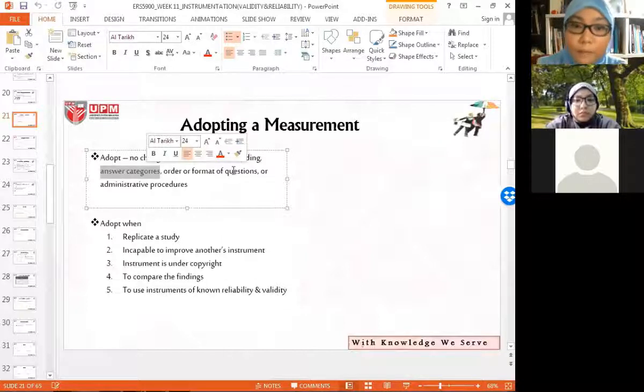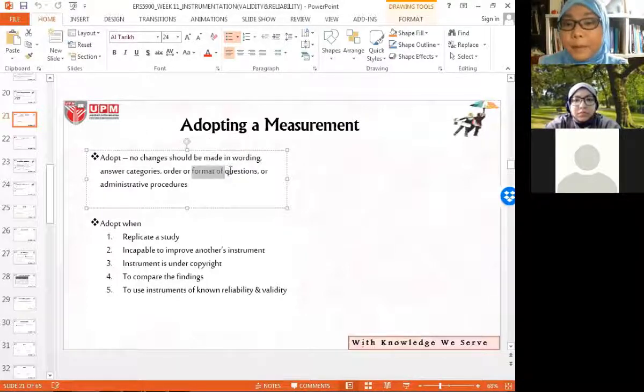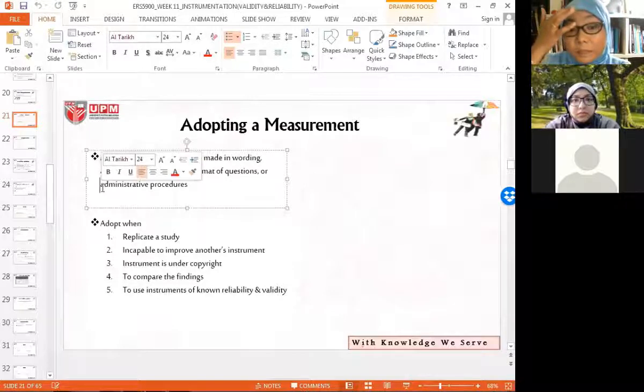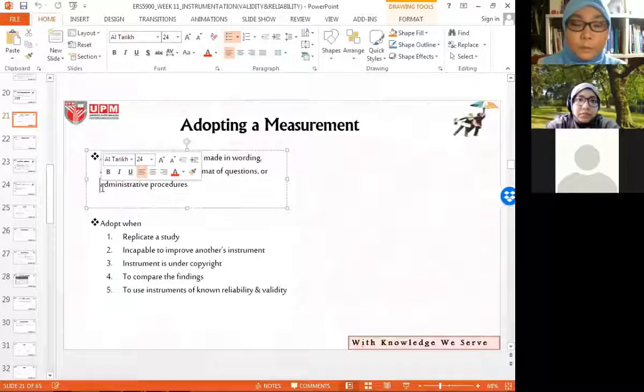And then the format of question. The format ni probably may include the instruction. Okay, you cannot change the instruction or the administrative procedure. Administrative procedure ni probably referring to how you do the data collection. If let's say the previous study, the one who developed the questionnaire ni, the items ni, they